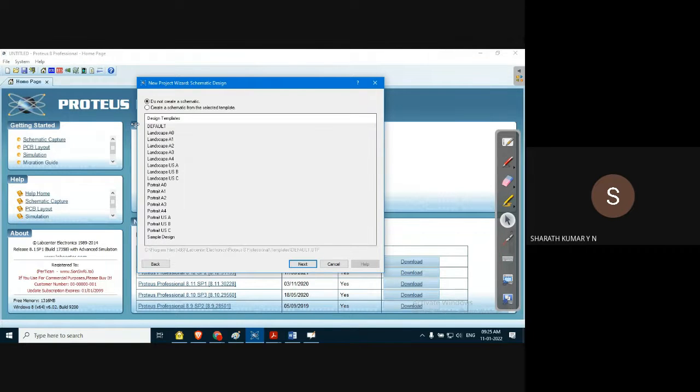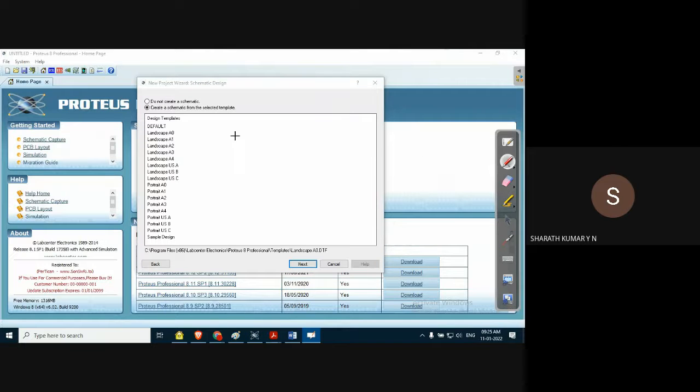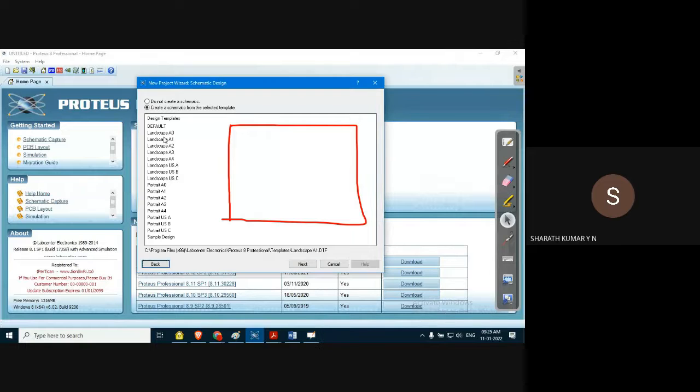Here the first step is we have to create a schematic, because that's our ultimate intention. When we select create schematic, various theme options are shown, like landscape. When we select one of the theme options, the editable area where we are going to place the components will vary in size.